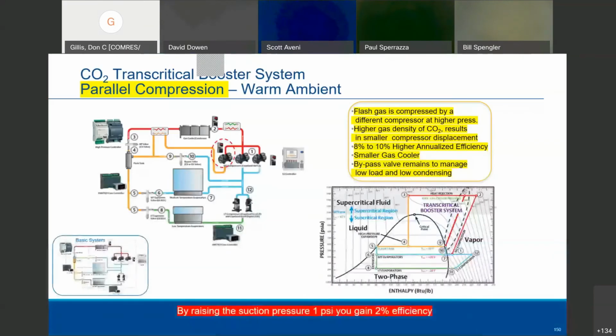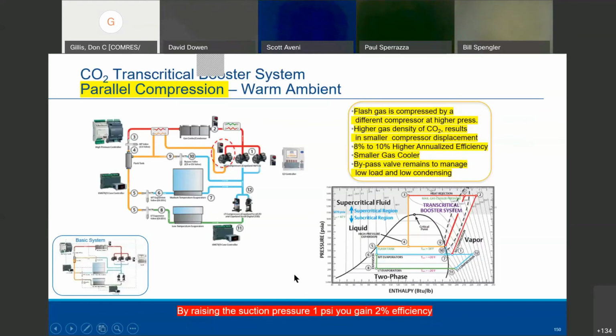Parallel compression. Parallel compression is nothing more than we've got a braze plate heat exchanger here, and we're taking one of the medium temperature compressors and making it much smaller. So we're coming in with a higher pressure, higher temperature, which puts less work on this. Instead of coming through and just blowing it off on the bypass valve and sending it into the header, when that high temperature gets high outside there, above 88 degrees, we're now utilizing it, removing some of the heat here, bringing this down and adding some of the heat actually, and raising the temperature higher up here,